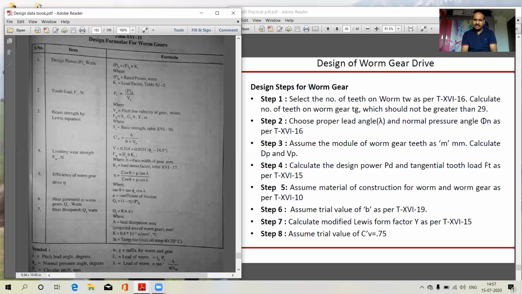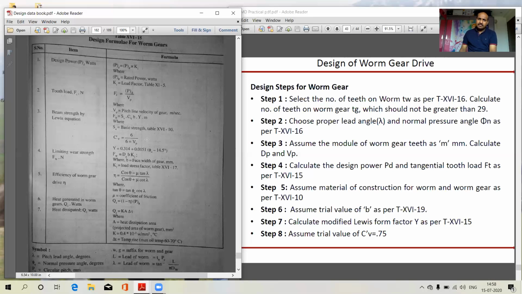Now moving forward, next value is Y. Y is what? Levy's constant. How is it calculated? The formula is written in the data book: 0.34 plus 0.0515 into bracket normal pressure angle minus 14.5. Now, normal pressure angle we already calculated in step number 1, step number 2. It is calculated as 14.5. So, by doing the calculation, Y will be calculated. Accordingly, all terms are calculated, and FB is in the form of PC by pi. Why? Because CV is in the form of PC by pi.